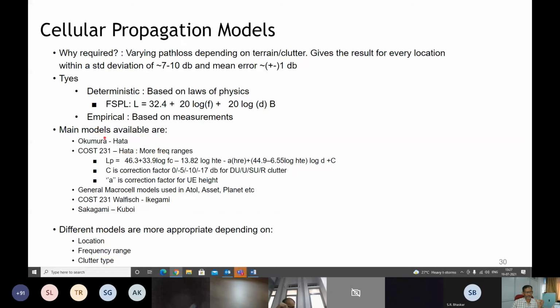And then we have a combination of both, where you have a formula, but then you actually tweak the coefficients of that formula during the model tuning process. So we'll touch on what model tuning is also.